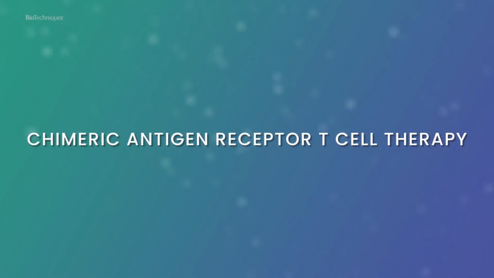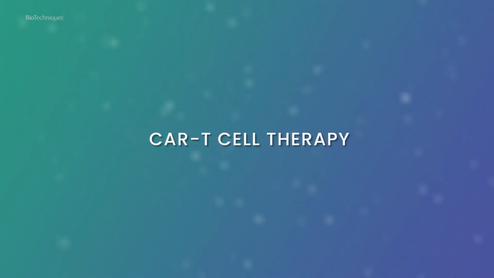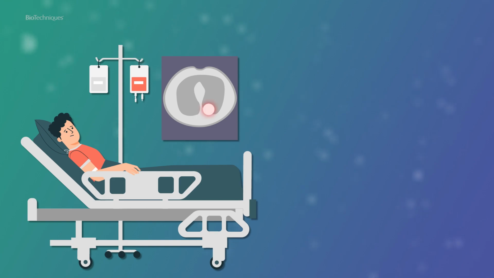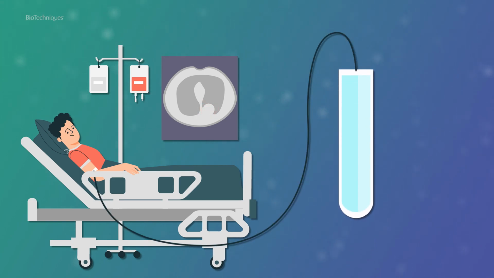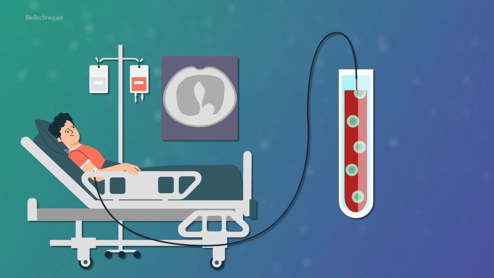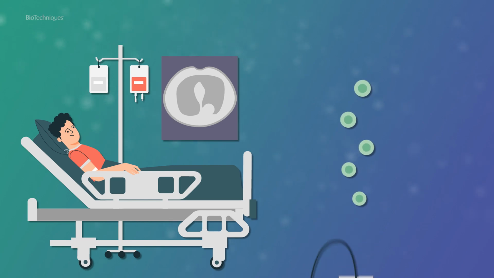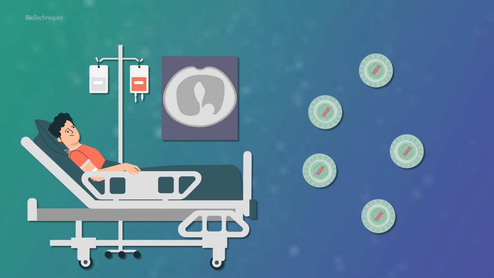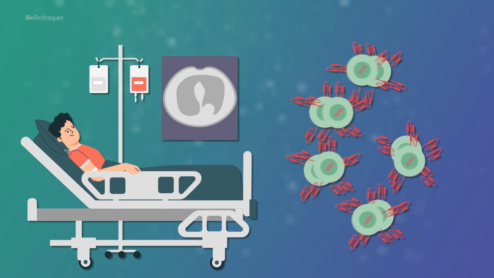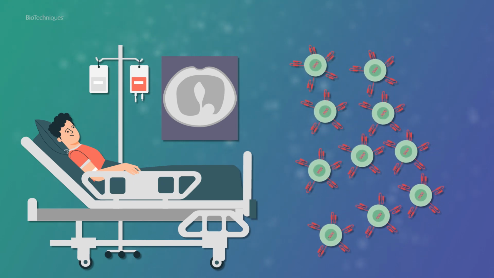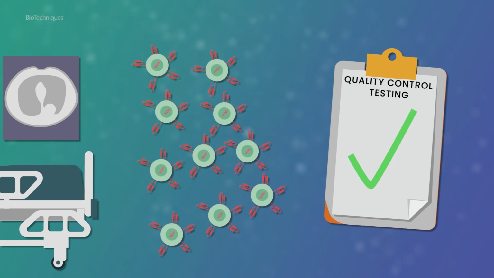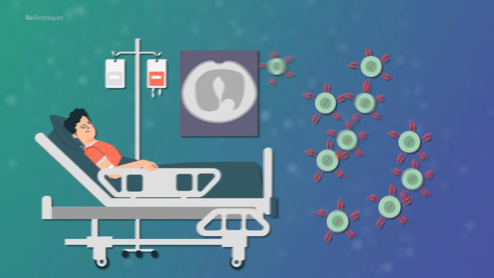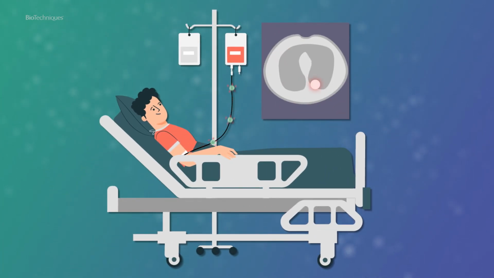Chimeric antigen receptor T cell therapy, which involves the engineering of a patient's own T cells to eliminate tumour cells, has revolutionised cancer treatment. This highly personalised immunotherapy typically starts by collecting T cells from the patient's peripheral blood. These T cells are then genetically modified, often using viral vectors, to express CARs on their surface, before being expanded into millions in the lab. After quality control testing, the final step is the reinfusion of the CAR T cells back into the patient to